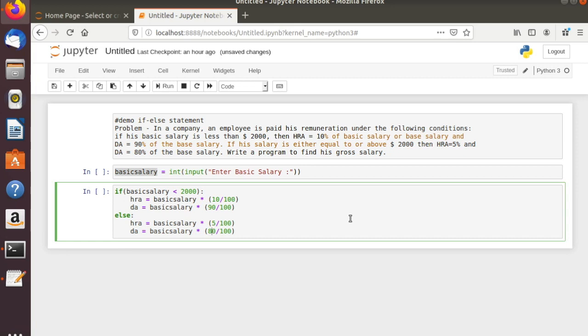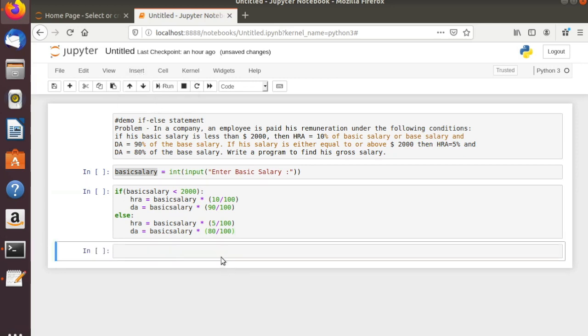Okay, this is one statement. After that, let us go to another cell. There we will write gross salary, GROSS_SALARY, equals